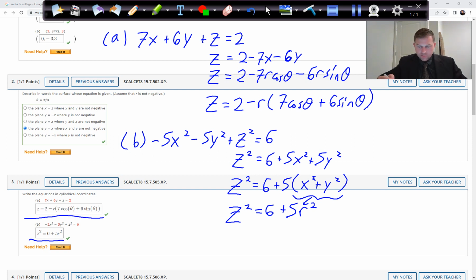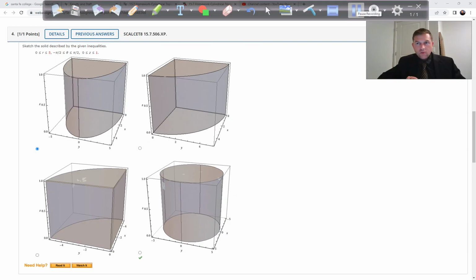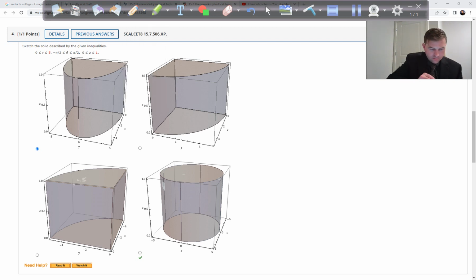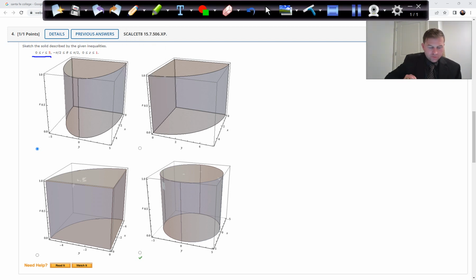Also, hopefully not too bad. 4, also not too bad. No arithmetic for us to do. We just have to look at what are the limits of the integration and what volume would that carve out. So we have r goes from 0 to 5. Now, if we had r going from 0 to 5,